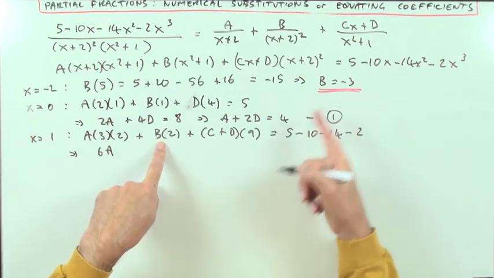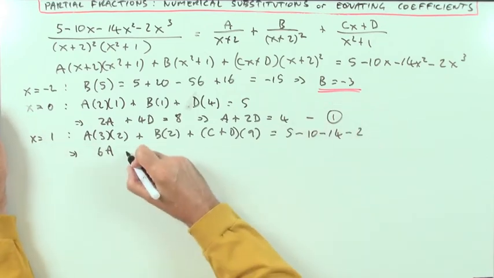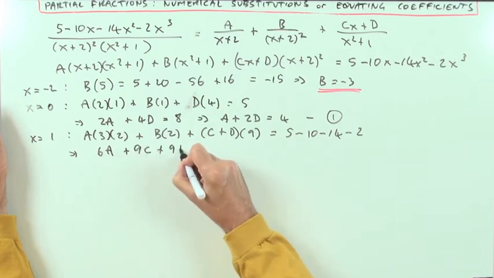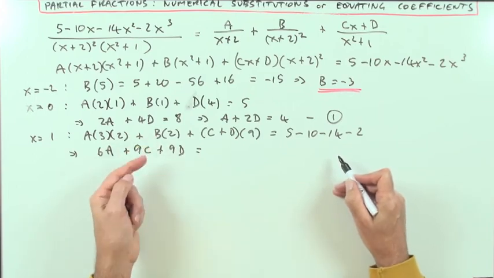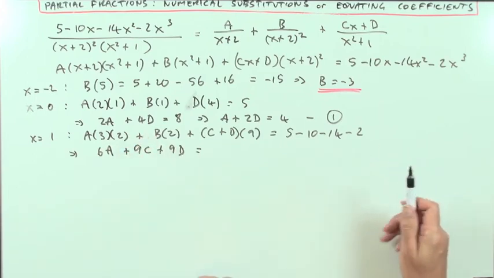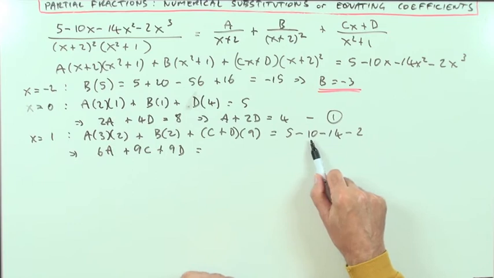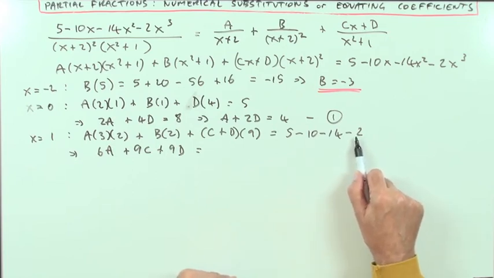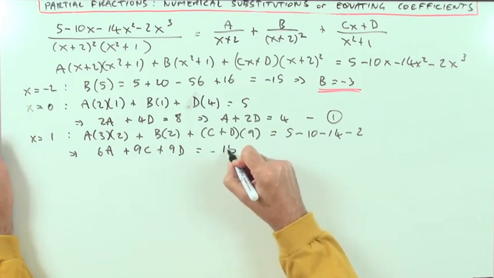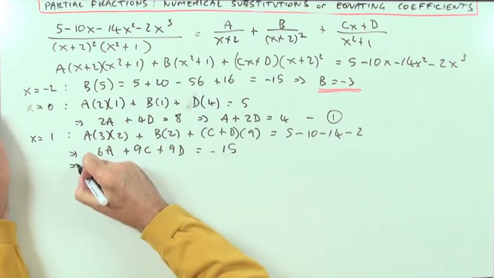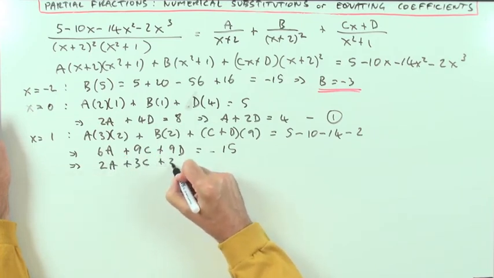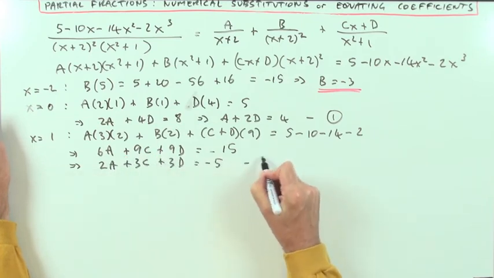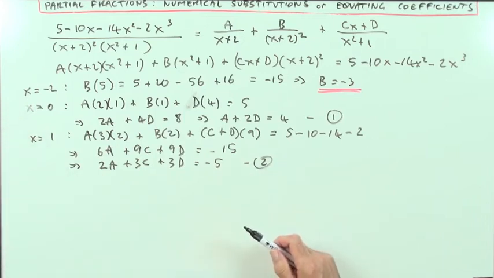The 2b is going to be a negative 6, I'll throw that over afterwards, plus 9c plus 9d equals, and then you have to be careful with all of this, remember there's a negative 6 to go over as a plus 6, so that altogether I've got here negative 24, negative 26, that's negative 20, negative 20, so there's a negative 15 again, but everything divides by 3, so I've got 2a plus 3c plus 3d equals negative 5 for a second equation. Still not enough,